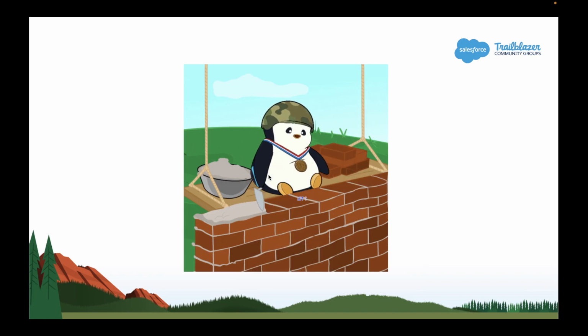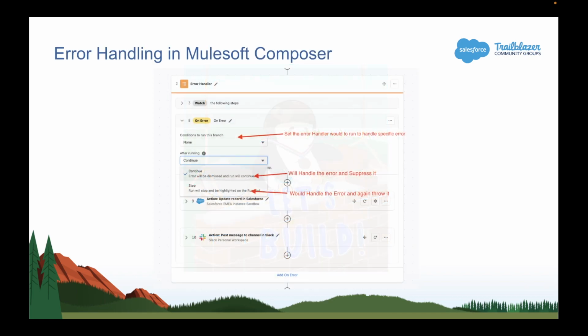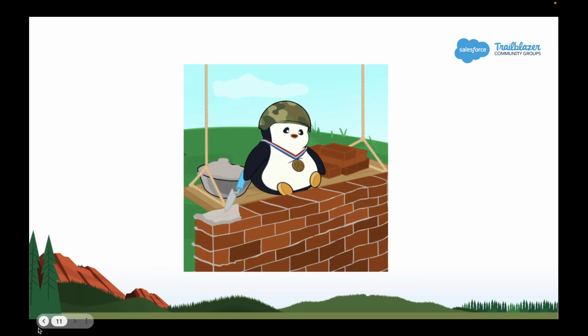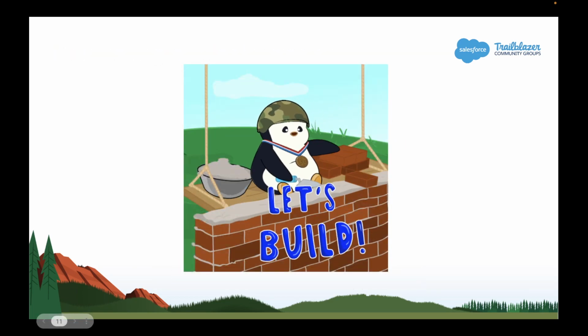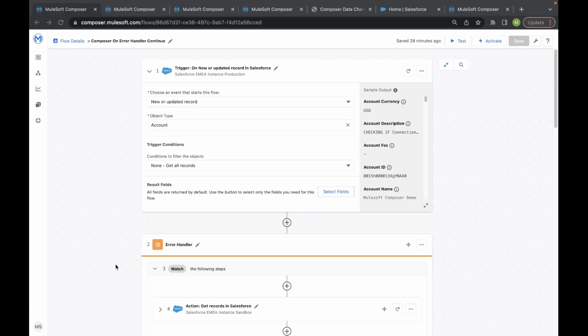Yes. So we went through so many things, right? About on error, then continue and stop. Now, we need to have some demo about it, right? For good understanding of MuleSoft Composer flow error handling. So let's start it. So now you see that this is my MuleSoft Composer flow, and this is the trigger